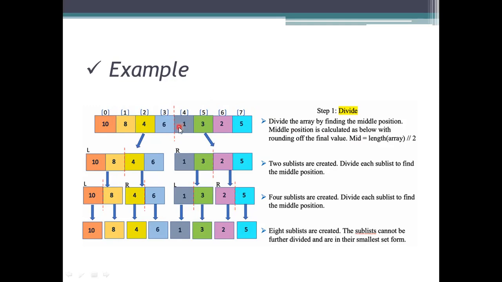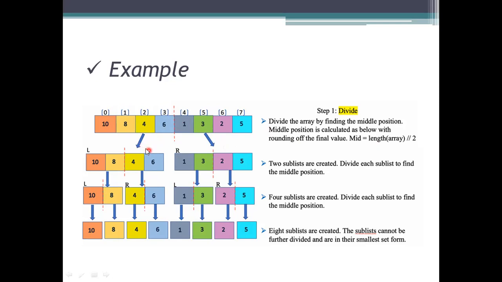Up to 4, what happens here? We need to see whether to take the values or not. For equal parts, take the floor value. So 3.5 means 3, take the floor value which is 3, or simply specify how many values you need to take. Each sub array consists of 4 elements. Mid is equal to 4 elements here, meaning up to 4 we can use this. So 0, 1, 2, 3 will come into the left part and 4, 5, 6 will come into the right part. Okay. After the division of this, let us see whether this will be conquered or not.